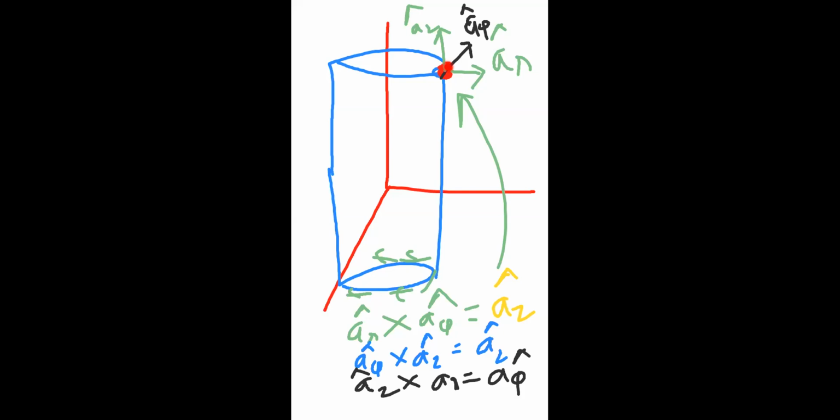For this point, I cannot calculate the angle from here like this. It's wrong. If you assume it is from the x axis, that is wrong. Clearly, it is from the XZ plane. The angle has to be calculated from the XZ plane. If you are here, your angle has to be calculated from this place only. Here you will have some plane, and from that plane only you have to calculate your angle. That is the idea of the angle and the radius of the cylinder.